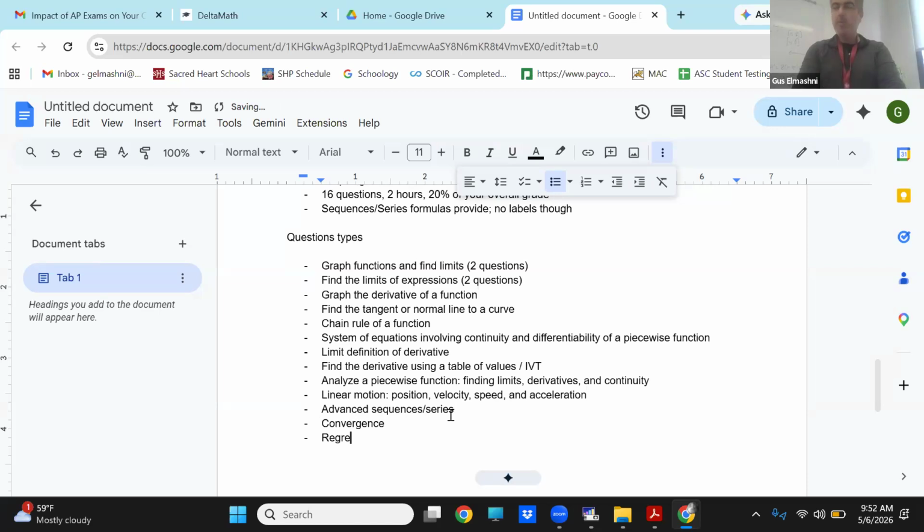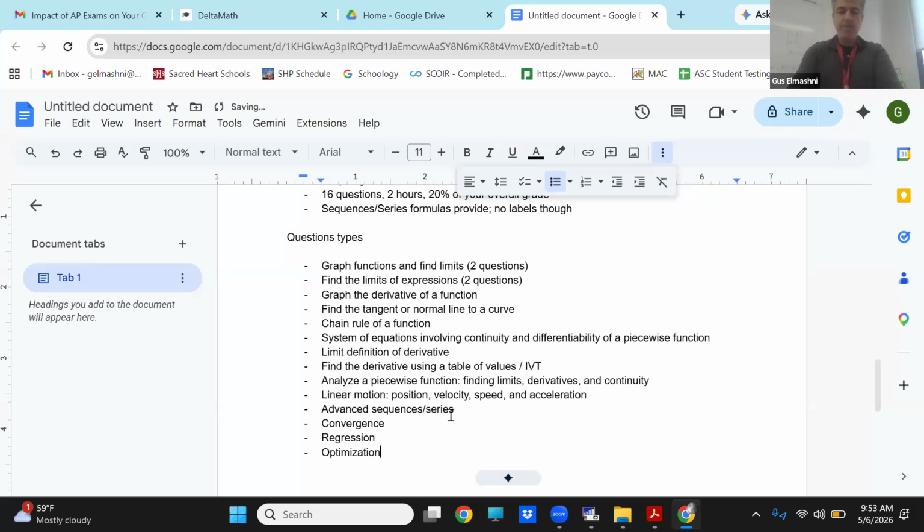Regression. I'm going to do a regression question. Not going to say exactly what. Could be logistic, could be exponential, could be something, but something involves regression. And I'll make it so it's pretty. Now I got to think about this one because it is easier to do that in Desmos, actually, the more I think about it now. Let me think about this one. I'll have to think this one through a little bit. But I'm going to do this one that involves regression.